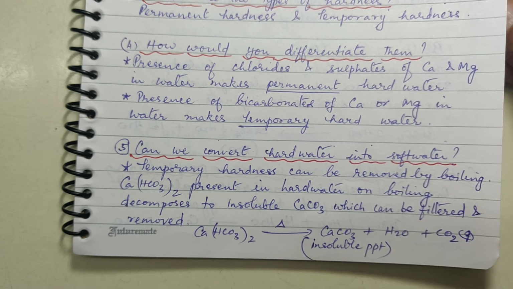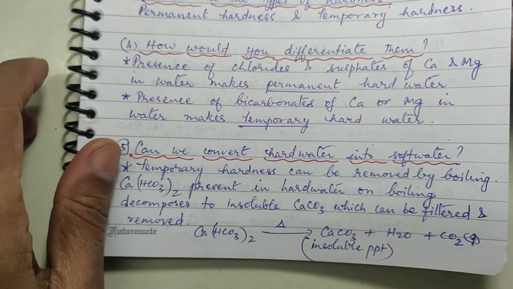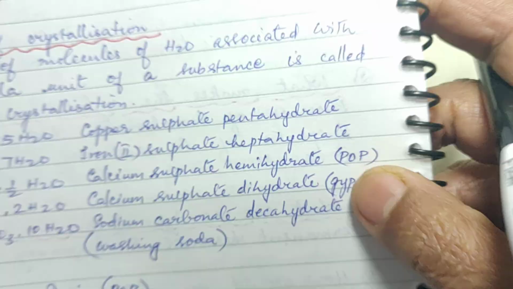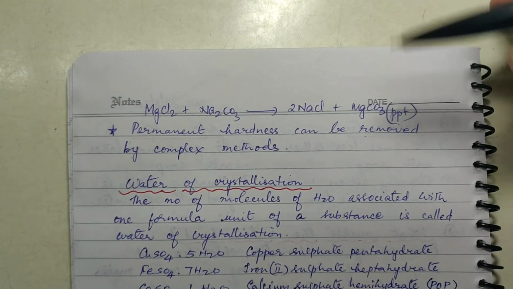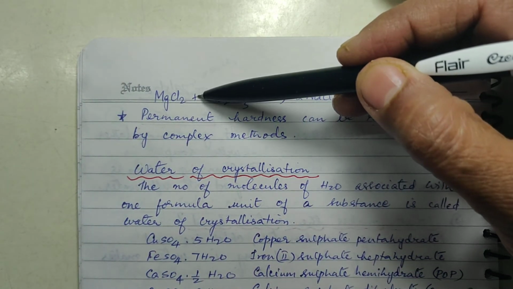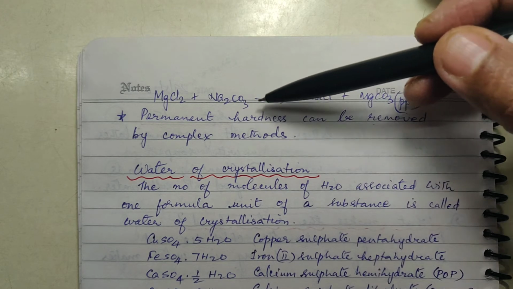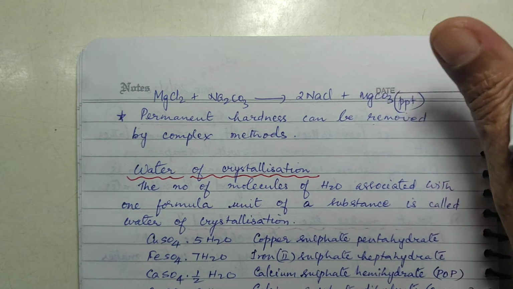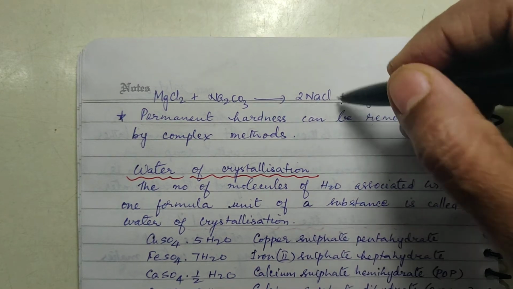अगर permanent hard water है, that needs certain technical treatment, only then you can convert it into soft water. Anyway, that is not there for you now. You can study later. Okay. Permanent hardness can be removed by complex treatment. In one of the treatments, अगर मान लो मैग्नीशियम क्लोराइड उस पानी में प्रेजेंट है, that will give permanent hardness. तो उसको वॉशिंग सोडा के साथ ट्रीट किया जा रहा है, and it will give you MgCO3, which will precipitate out and go and settle down at the bottom. Okay, and then the permanent hardness can be removed. This is a simple procedure.